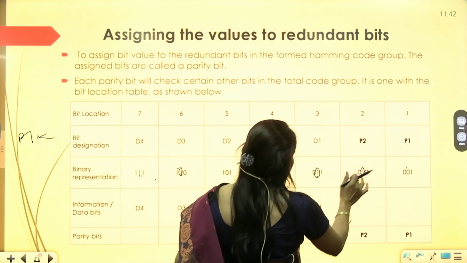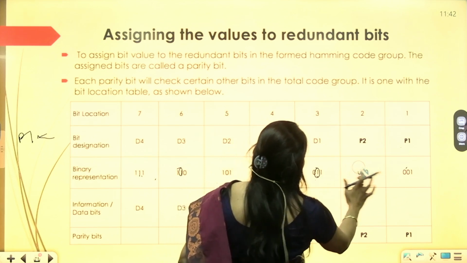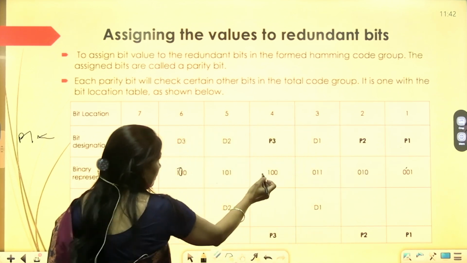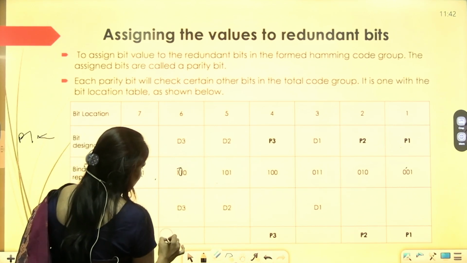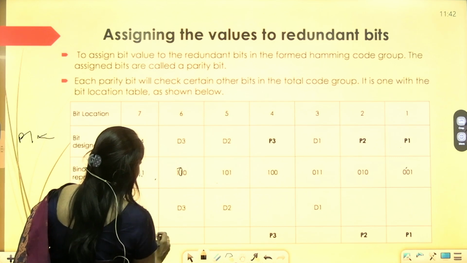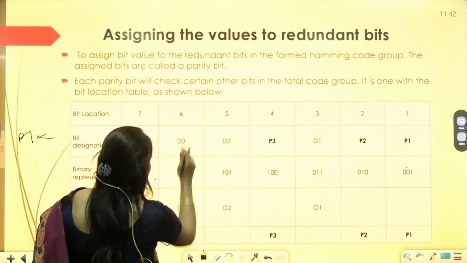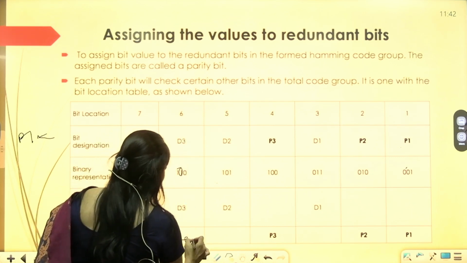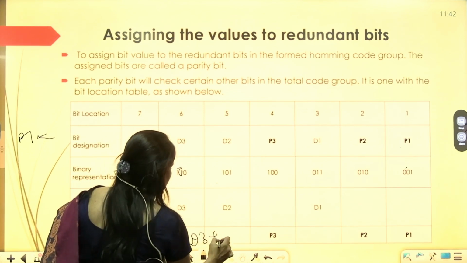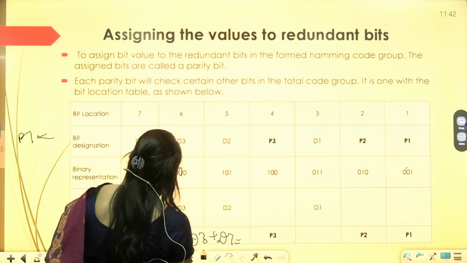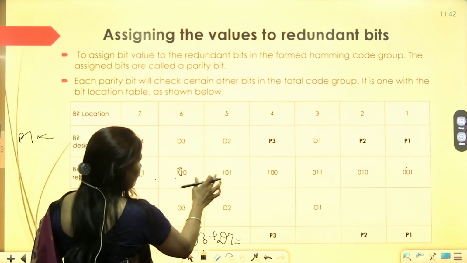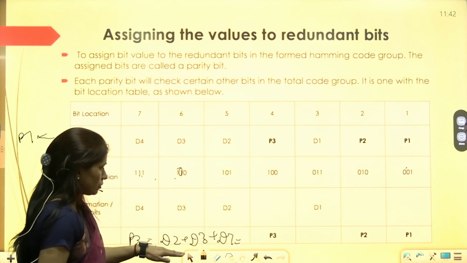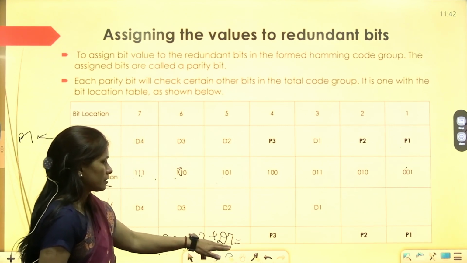Next, the third redundant bit value is found from the third position of the 1: D2 plus D3 plus D7. Using XOR, the P3 value is 1, 1, 1. The value is D2 plus D3 plus D7.